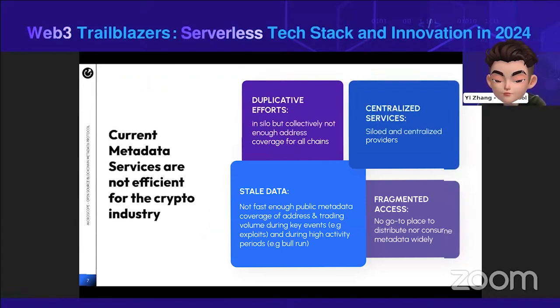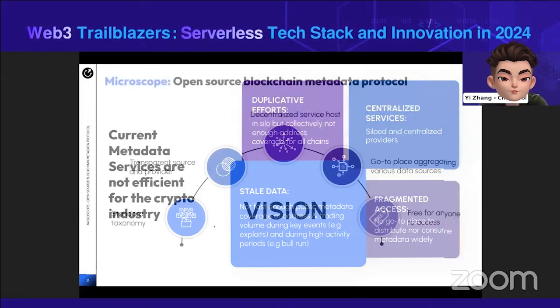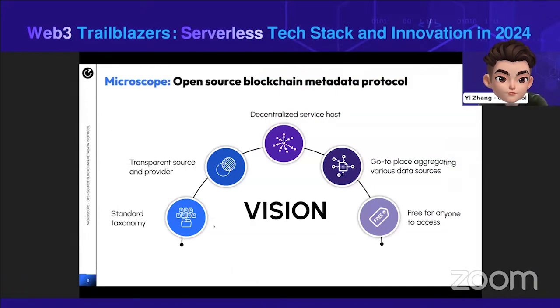Yeah, I think the last reason is the inefficiency of a centralized service, because we count on single providers. If the business went down, we lost the dependency. Okay. Because of this lack of efficiency and some pain points of current providers, we assembled a team,